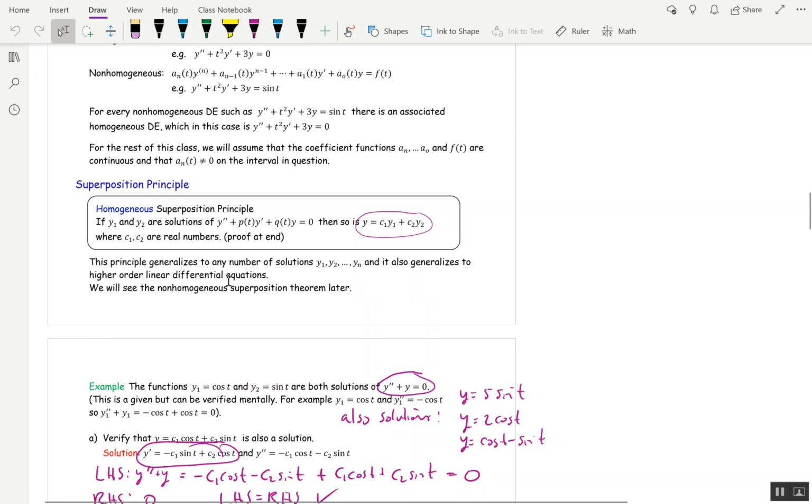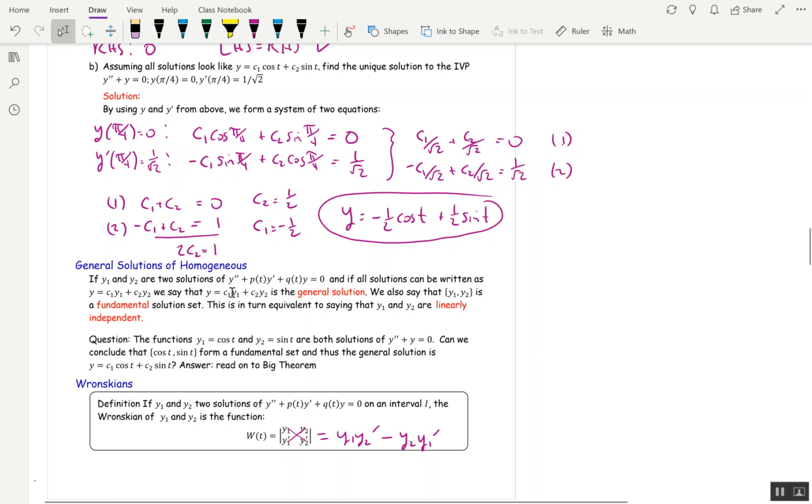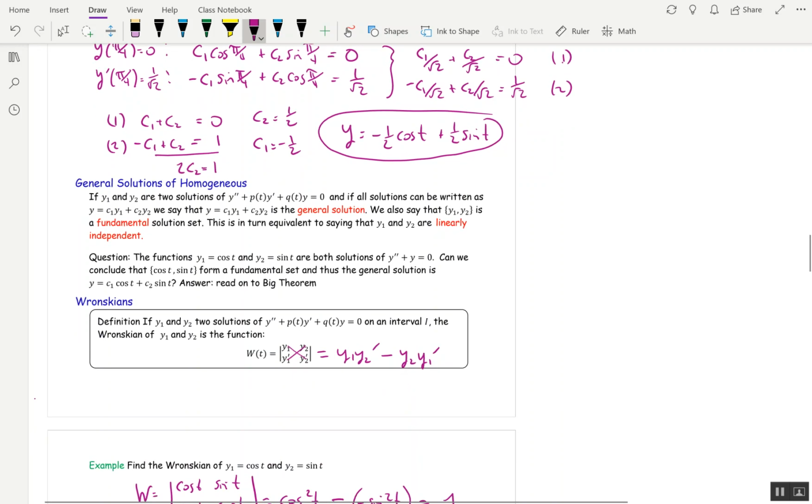we had the superposition principle for homogeneous linear differential equations, which said that if we had two solutions, then any linear combination was also a solution. And we also had a theorem that told us about when we had a general solution of a homogeneous differential equation, and the test was if we had two solutions, we had to make sure their Wronskian was not equal to 0, and then those two solutions formed a fundamental set. And one more thing,